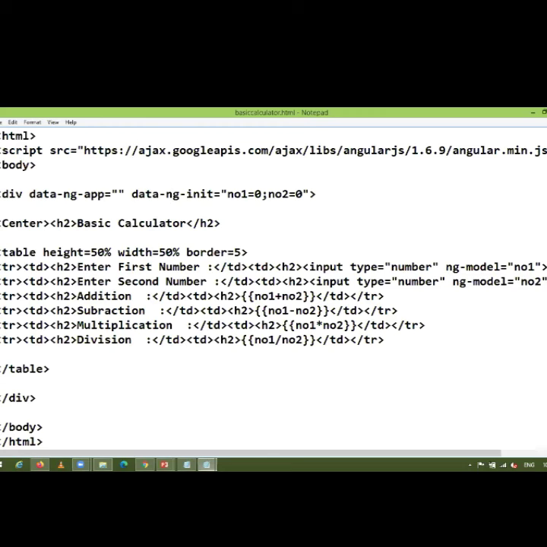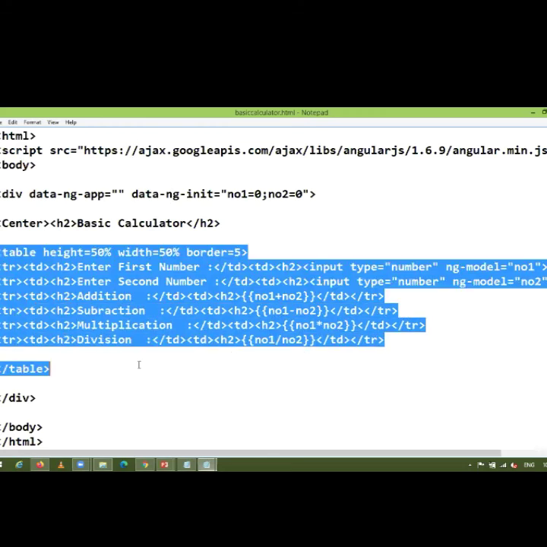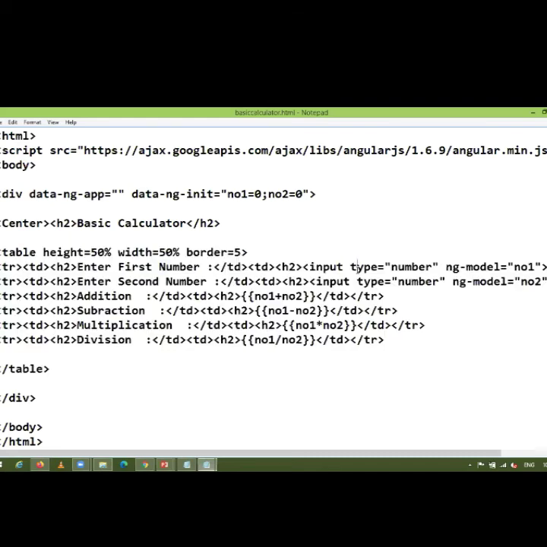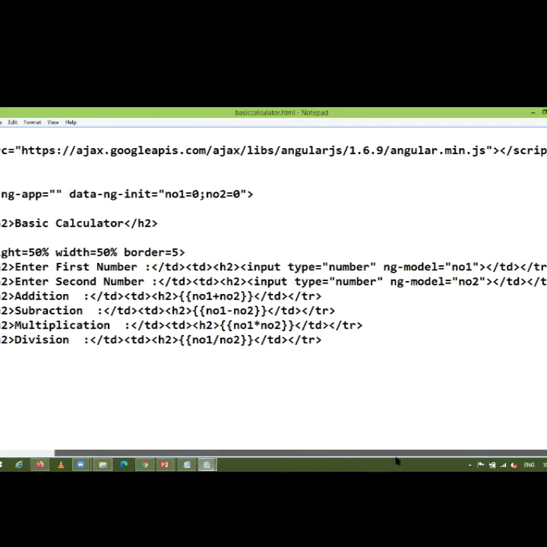Now, using table tag, here we are accepting two numbers for variable number1 and number2. For input tag, we are using ng-model directive, which is number1 and number2. The default values are given in the ng-init directive.